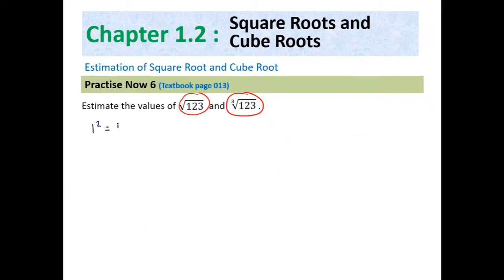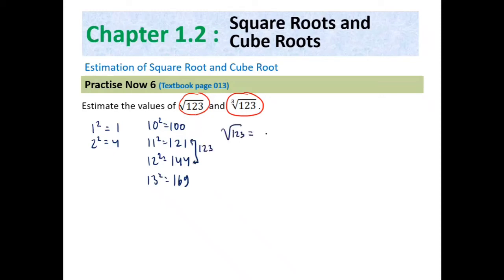1 square, coba dulu. 2 square... 123, panjang banget ya. So much. I want to start from 10 square. 10 square aja belum sampai, right? 11 square, 121. 12 square, I memorize it, 144, right? 13 square, 169. So square root of 123 is in between 11 and 12, right? Ya kan, 123 ada di sini. So square root of 123 is between